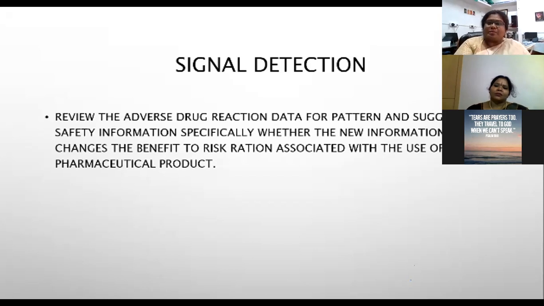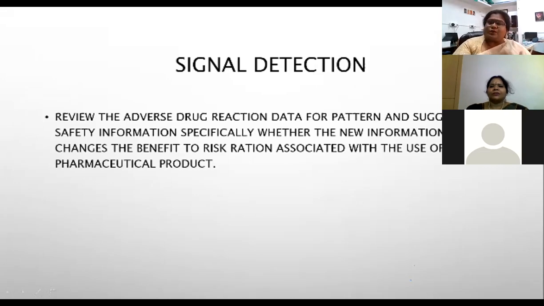So when we take up a job as a drug safety associate, we are ideally managing individual components of the data in these forms, and we also will be doing collective analysis of individual data in a periodic manner. That is called periodic safety reports. And by these periodic safety reports, we will see whether any early detections of new indications are appearing. That we call signal detection. And signal detection by definition says if there is a pattern that suggests safety information, specifically whether it can